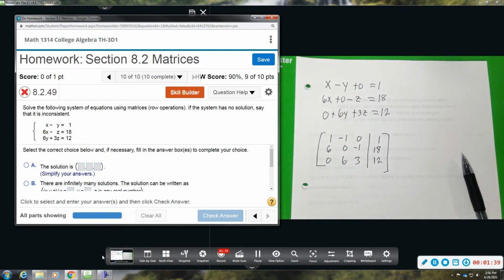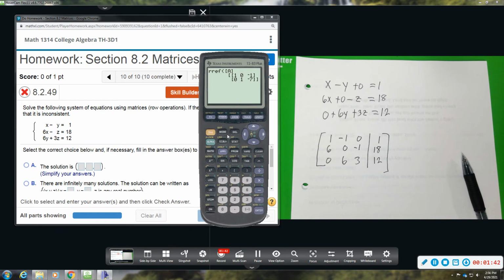So first, I'm going to show you again with the calculator how we can solve this. Let me just erase everything. I'm going to do second plus 7, 1, 2 to clear everything out. I'm going to go second matrix, over to edit, and then enter, and I want 3 rows, 4 columns, so I'm going to do a 3 by 4. I'm going to input these values: 1, negative 1, 0, 1, 6, 0, negative 1, 18, 0, 6,